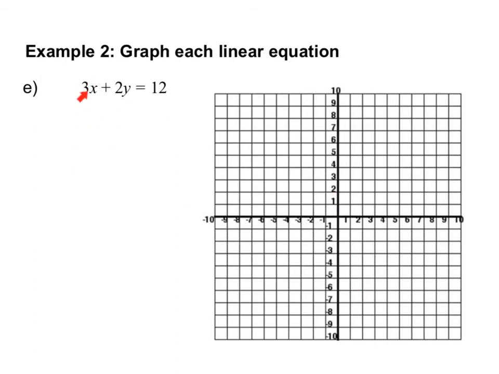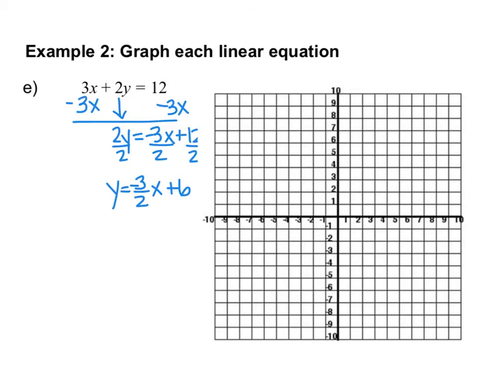So this is another example where we do not have slope-intercept form. So the very first thing we have to do is subtract the 3x and then divide by 2 so that we end up with a y equals mx plus b slope-intercept form of the equation. So once we do that, we can see here that m is -3/2 and b